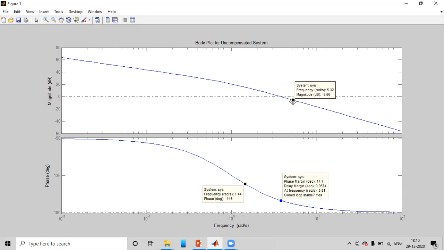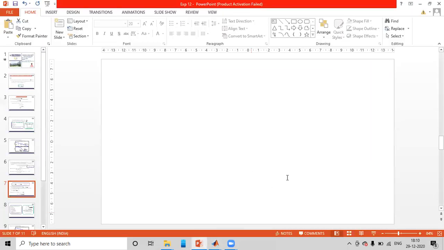So almost we are getting 5.3 radians per second. At this magnitude, the frequency is around 5.3, 5.35 or 5.34, like that.